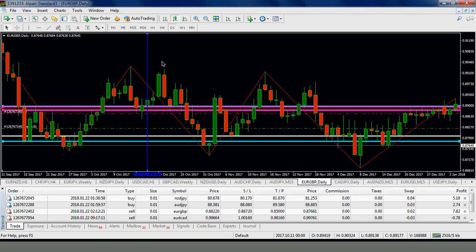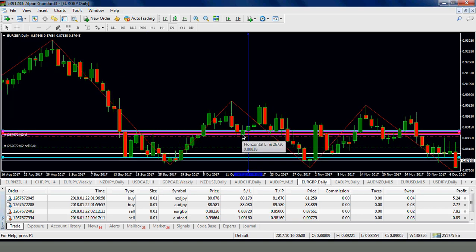So we go to the daily, we get the pivot point. Now you have a bullish candlestick here. You can decide to use this bullish candlestick to get your pivot point, or you can also decide to use the pivot point of this bearish candlestick. Me, I would prefer to use the bearish candlestick, because if